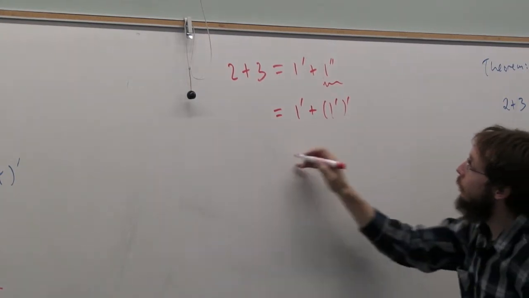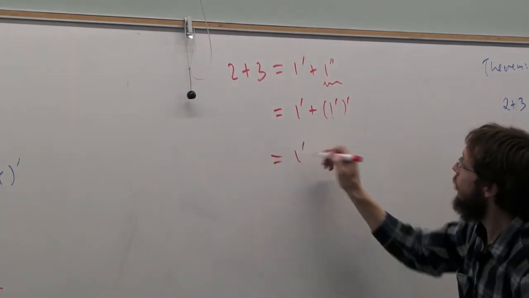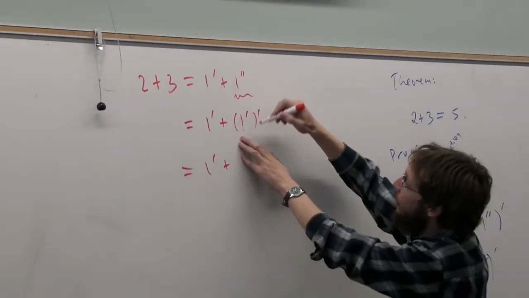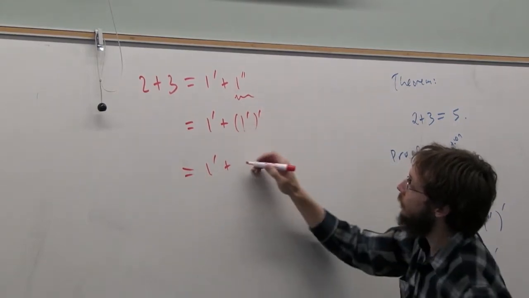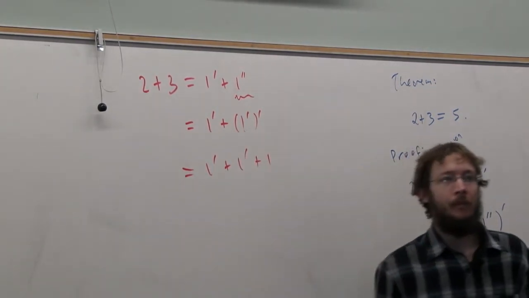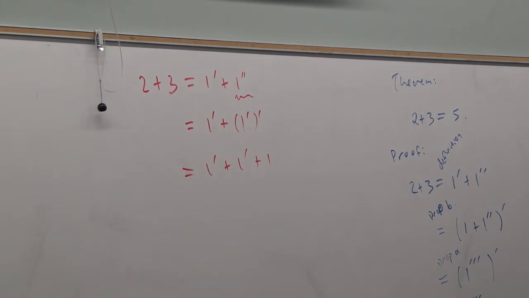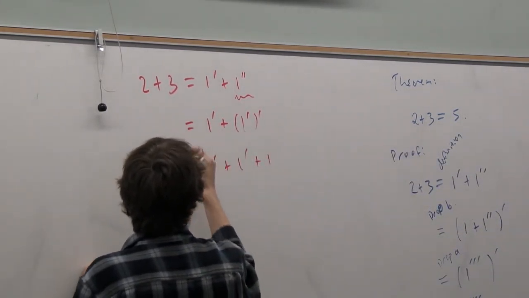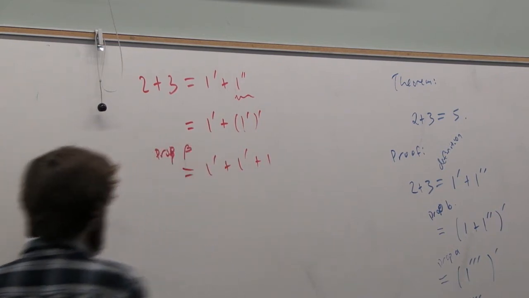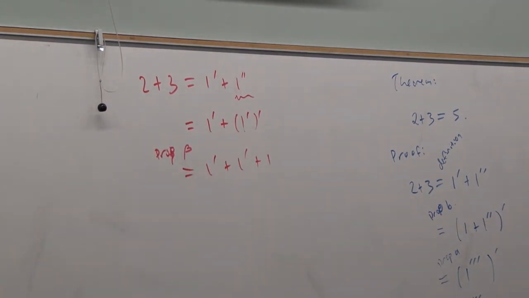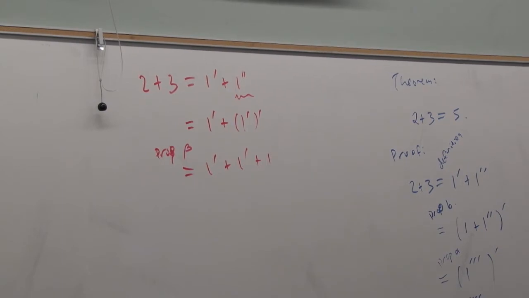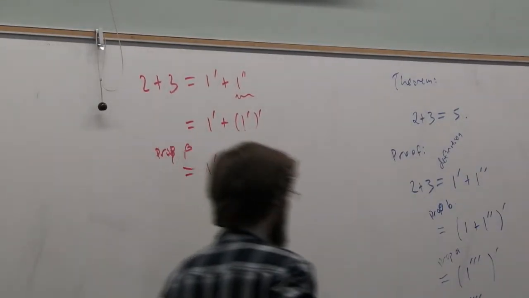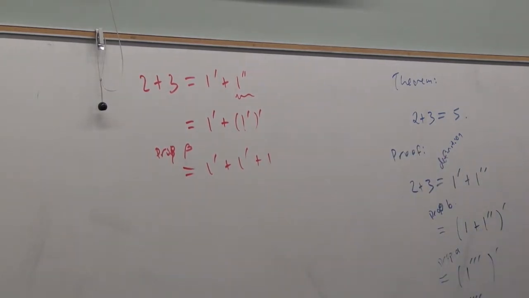So by property beta, you can rewrite this thing as whatever this number is plus 1. Okay, so this equation is true by property beta, where we're sort of applying it in reverse. It says if you have a successor, you can peel off a plus 1. Now that we're here,